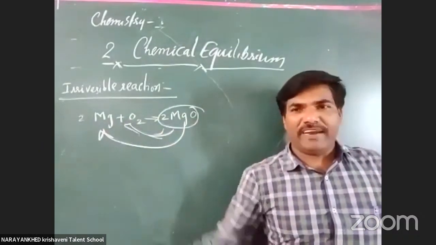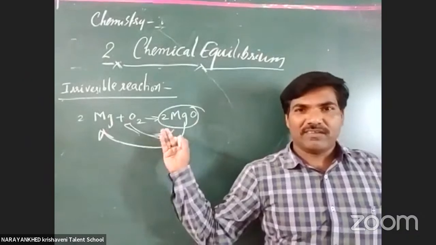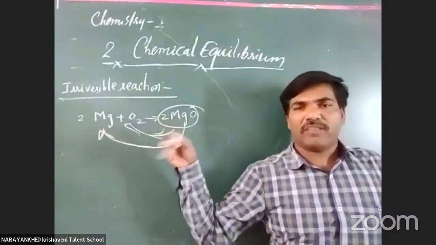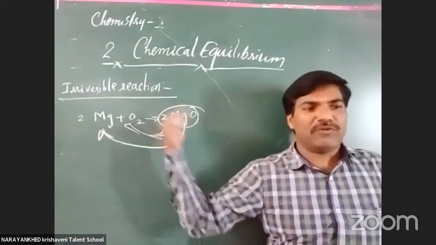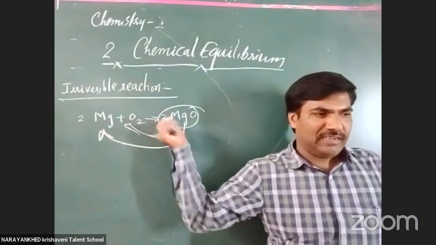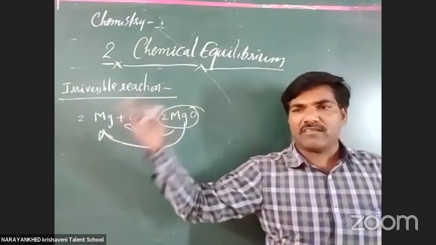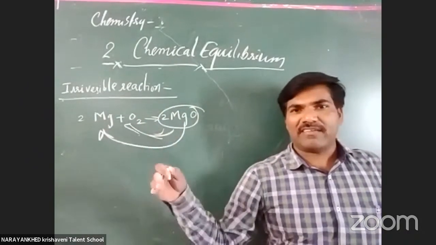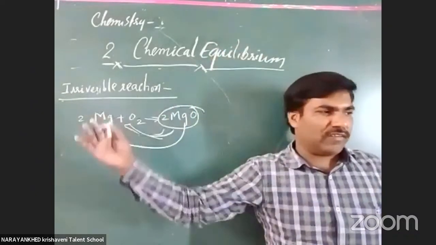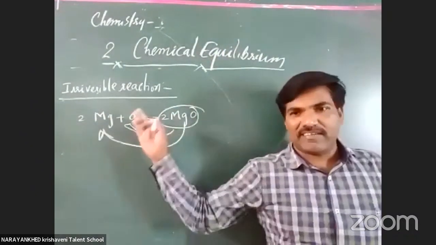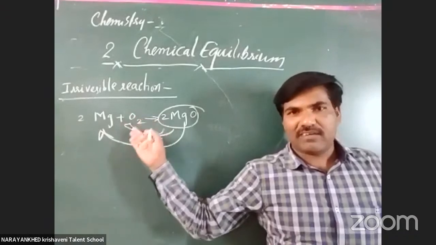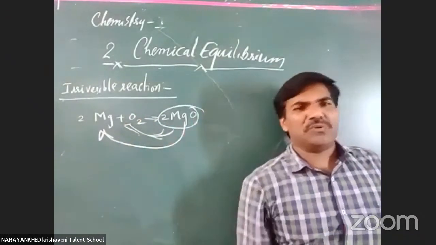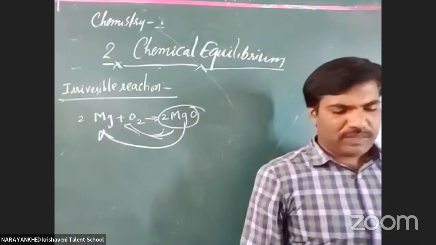You know very well where it occurs, in crackers. Clear or not? Magnesium powder is burned in the presence of oxygen. It will form magnesium oxide. The smoke you get when a cracker is burned or set on fire. Again, if we collect all the smoke in one box, it will not be separated back into magnesium and oxygen. No. Okay, now whatever you do, it will not give the same thing again.